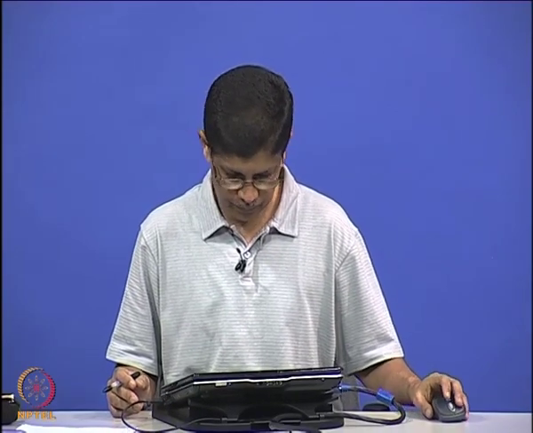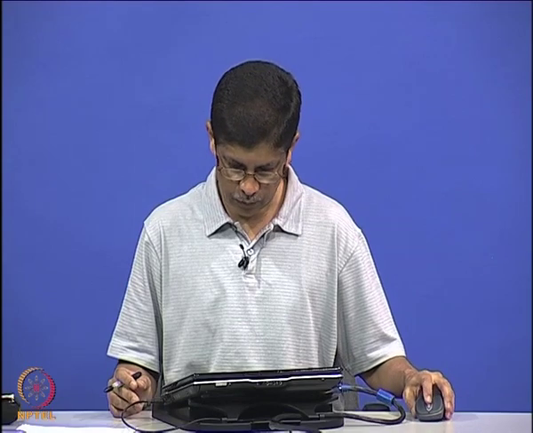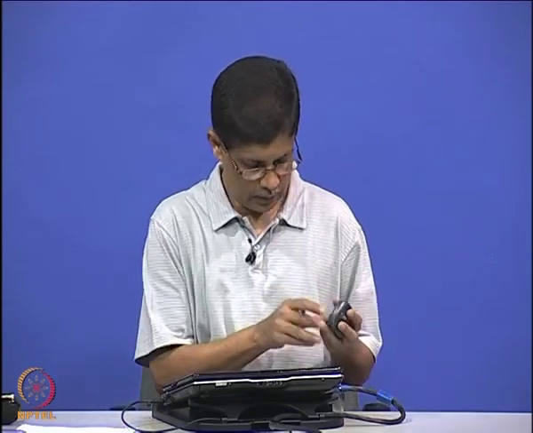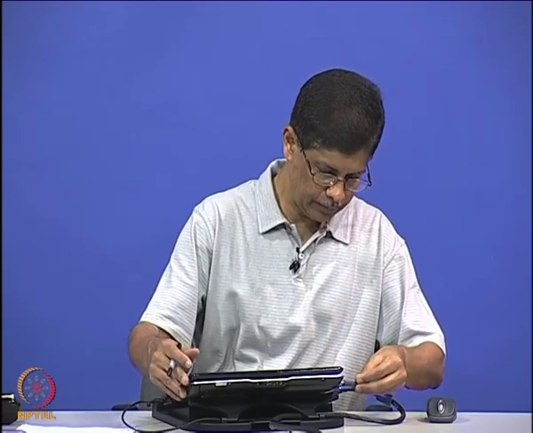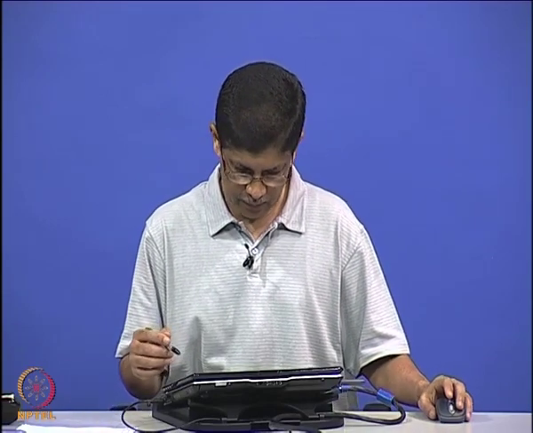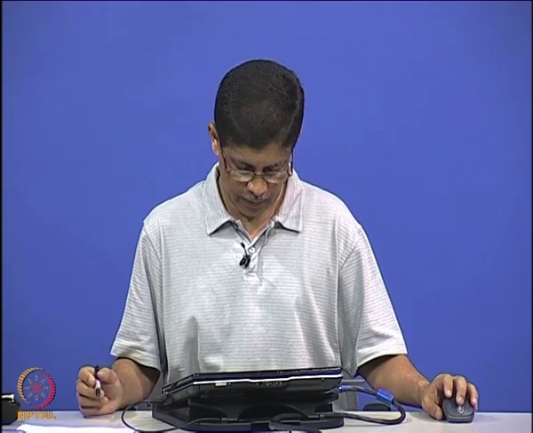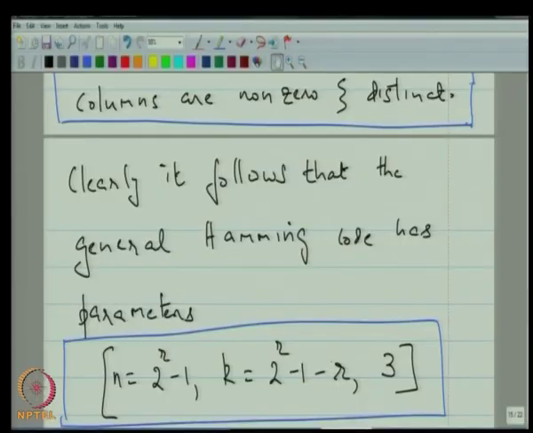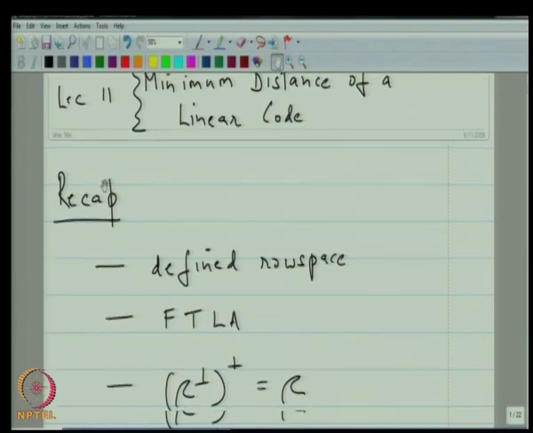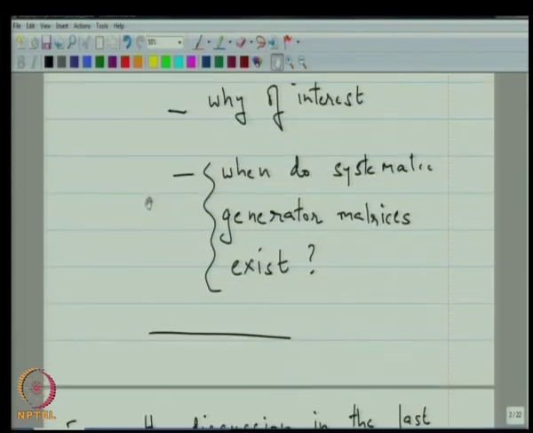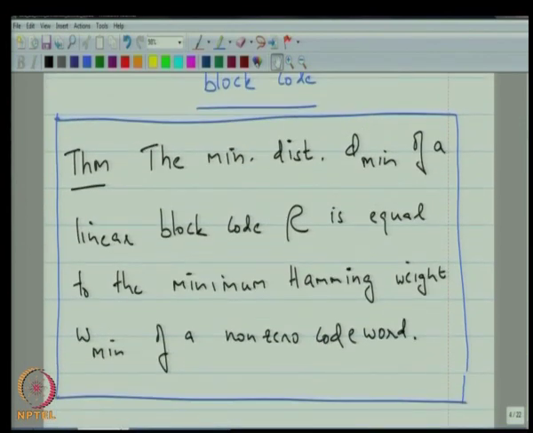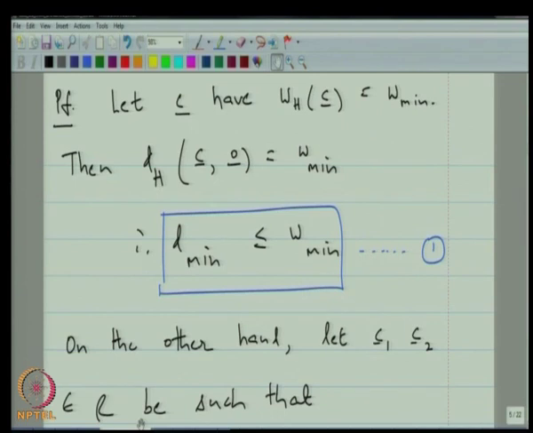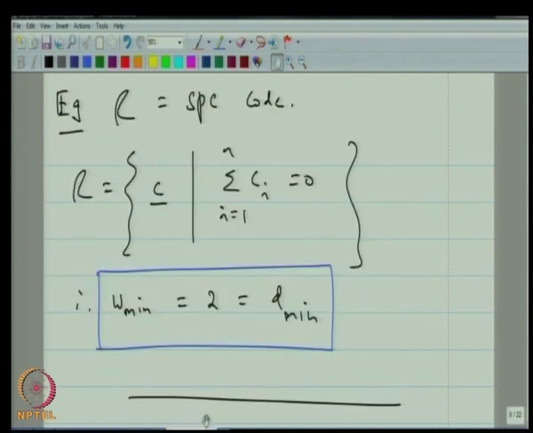So, let me just browse quickly through our last lecture, where our work dealt with finding initially the minimum distance of a code. I told you that it is equal to the minimum Hamming weight. We proved that. We looked at examples,